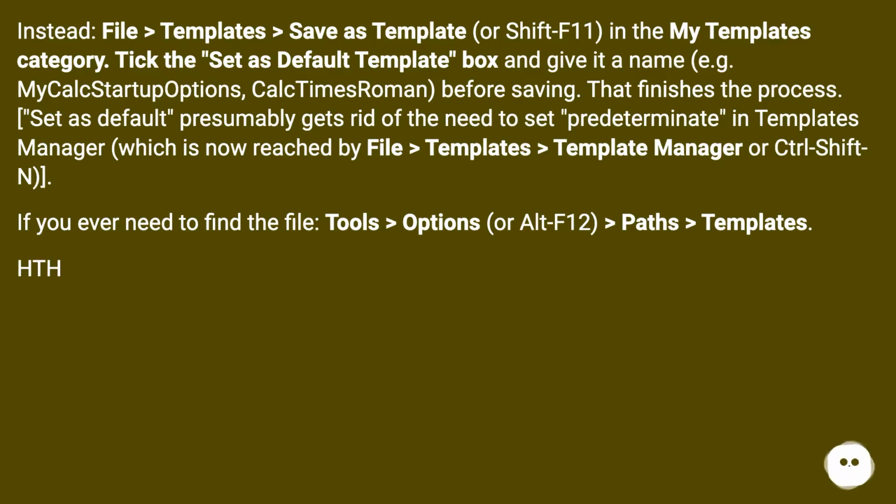Set as Default presumably gets rid of the need to set Default in Template Manager, which is now reached by File > Templates > Template Manager or Ctrl-Shift-N. If you ever need to find the file, Tools > Options, or Alt-F12, > Paths > Templates. HTH